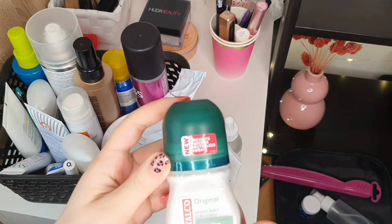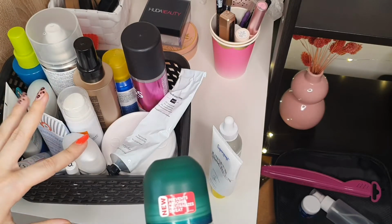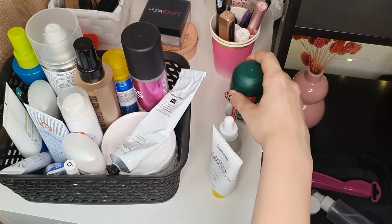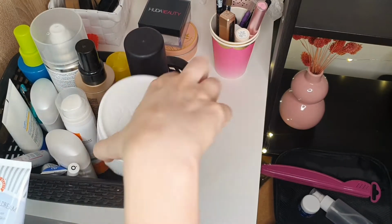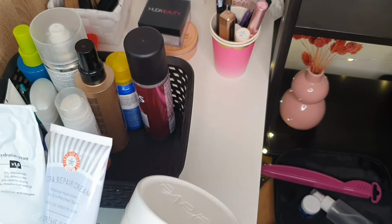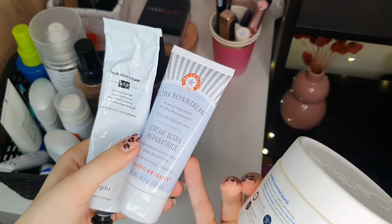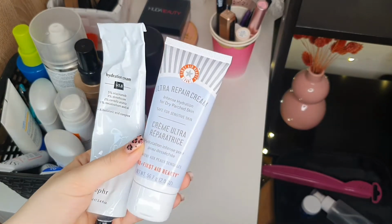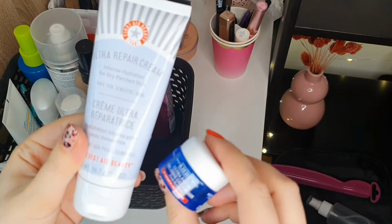For deodorant I'm gonna take this one just because it is clear. I have two Dove Invisible Dries in here, this one and this one, but they are leaving some residue after a bit, so I don't like that, so we will take these. And then I have these three hydrating creams. This is the Cerave hydrating cream, then I have the Ultra Repair cream from Huda Beauty, and then I have the hydration cream from Repair. So I think I'm gonna choose this one, the Huda Beauty one,